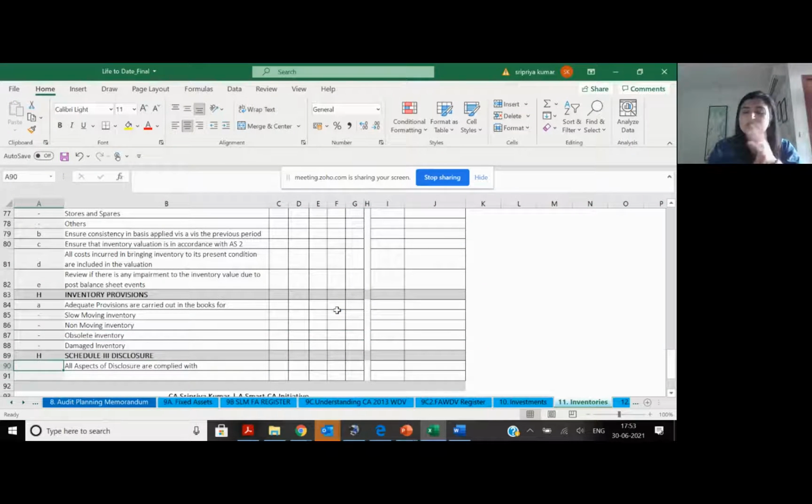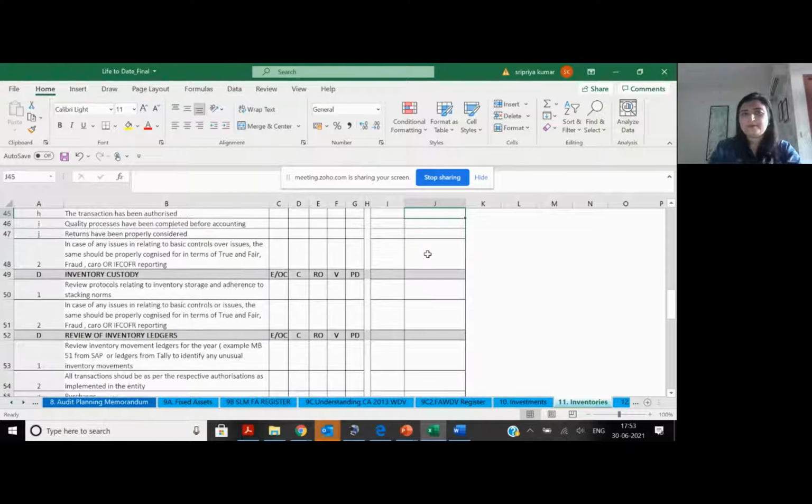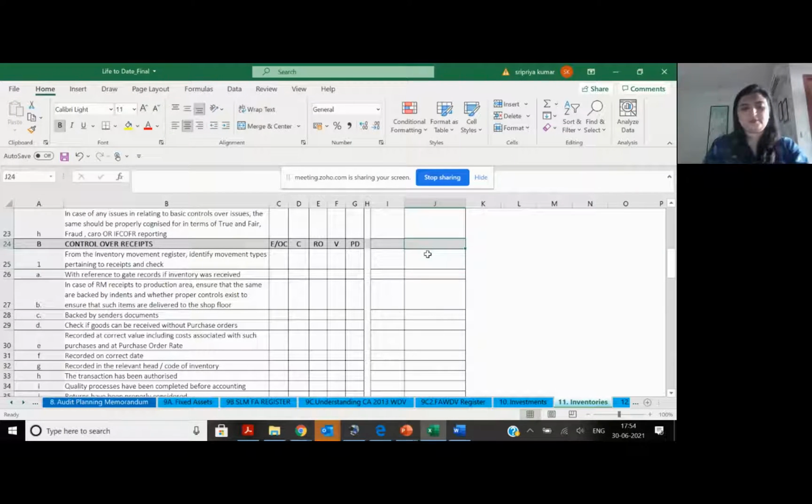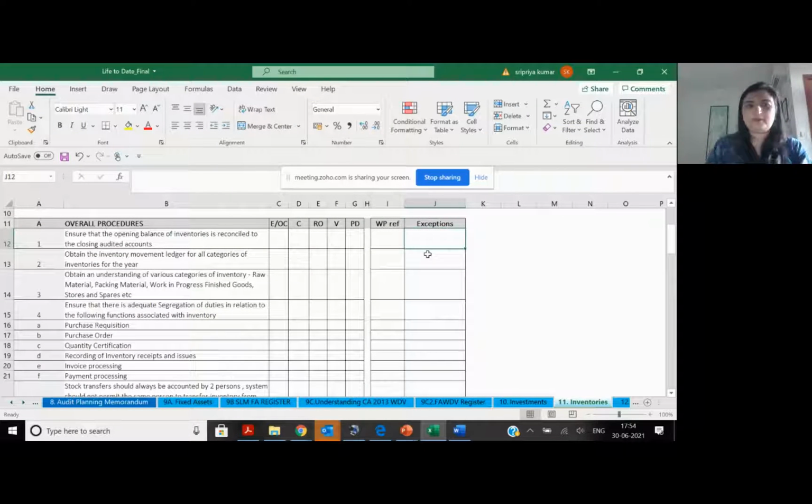That's it. So the other advantage is if I file this as paper number 11, every attachment I can add, paper number 11.1, is my receipt testing. I tested 50 receipts. So I can call this as 11.1. Or this can be 11.1. Opening balance and closing balance is tallied. 11.2. Obtained and kept in 11.2. So each paper then becomes. Now you can also do one thing, you can move this itself to a separate folder, your audit folder of inventories, and in that you can keep all these papers together.